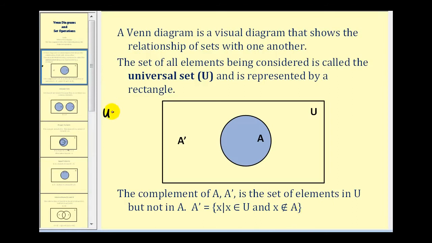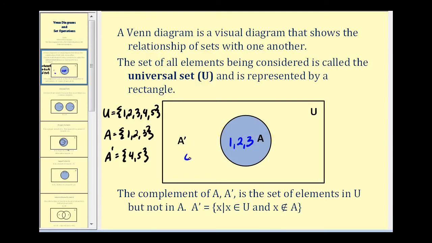So if we let the universal set be the integers 1, 2, 3, 4, and 5, and A was the set containing elements 1, 2, and 3, then the complement of A would be the elements in U that are not in A, so it would contain the elements 4 and 5. So the elements 1, 2, and 3 would be inside set A, and the elements 4 and 5 would be